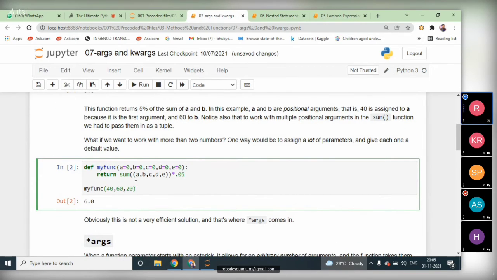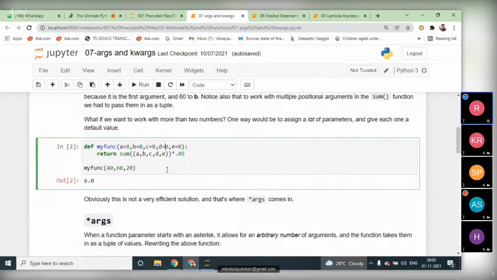Here you have to understand that when we are using multiple parameters and want to accept fewer values while calling the function, we can use default value parameters. When you do not give the A value, it thinks that it is 0. When you do not give the B value, it takes 0 by default. When you do not give C, it takes 0 by default, and when you do not give D, it gets 0. So like this we can access the values.